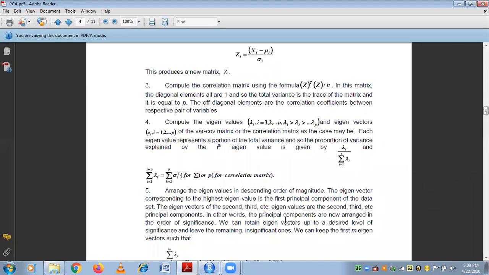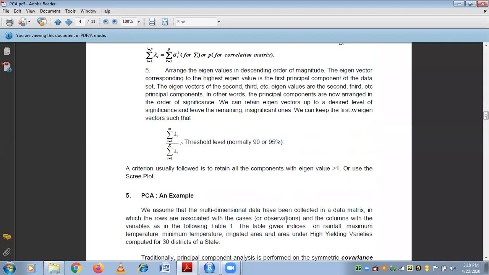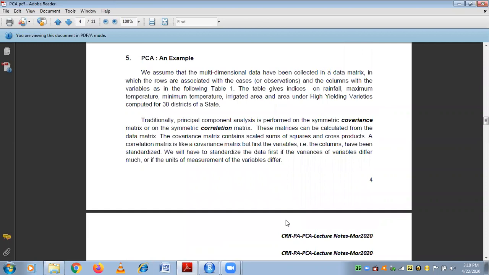You can select it based on the elbow curve in the scree plot, or based on the eigenvalues significance level. So whatever, you can decide. So first you take your data set, then you standardize it if you want, then compute your correlation or covariance matrix, whichever you're going to use, then compute your eigenvalues and vectors, arrange them in descending order, and choose the number of principal components you want. So that's how the PCA works, and we'll see that right now with an example.